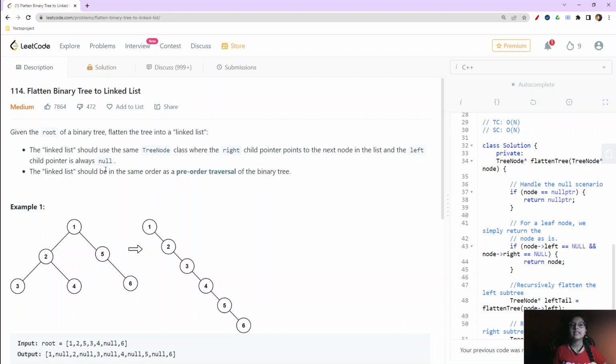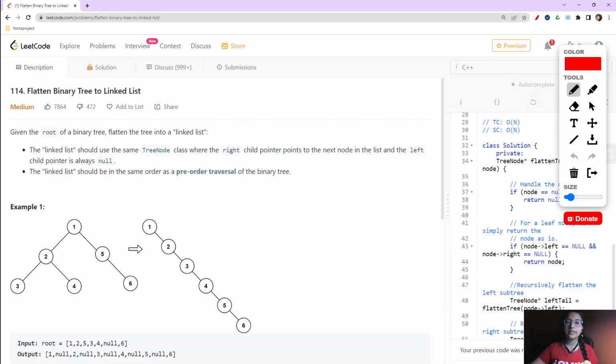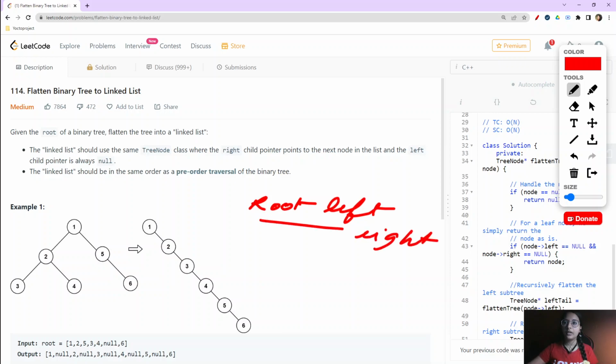And the linked list should be in the same order as the pre-order traversal of the binary tree. So what is pre-order traversal all about? In pre-order traversal, first we have the root, then the left, and then the right. So this is how a pre-order traversal works, right? According to this scenario only,